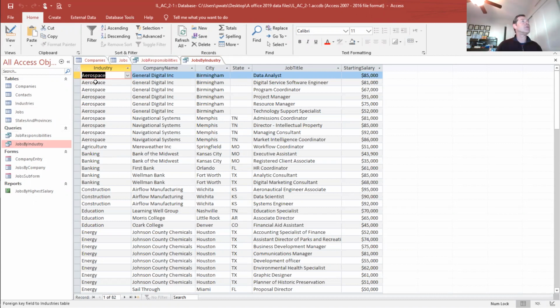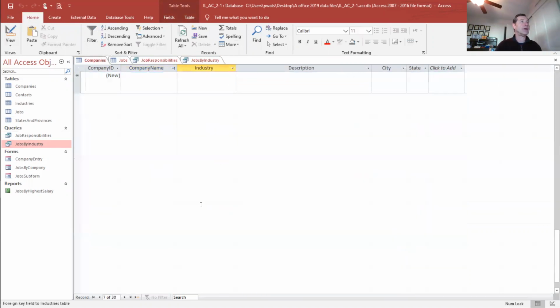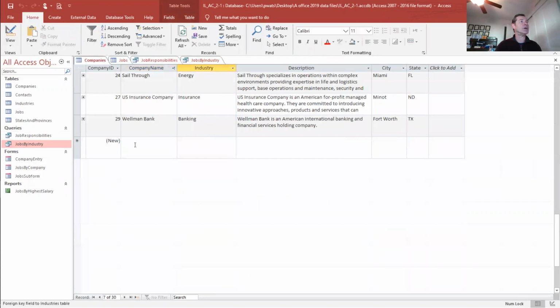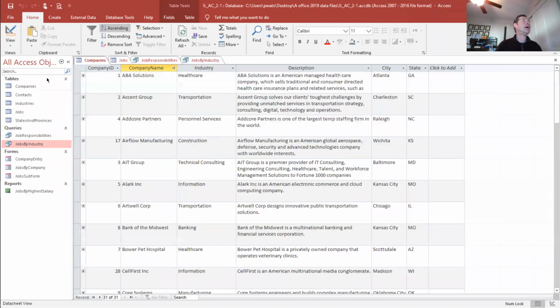So let me go back to a table. This is datasheet view. In datasheet view, I can view the actual data and I can add or edit data just by clicking. Or I could add a record down here at the bottom where it says new. I could just click here and start filling out information. Or I have